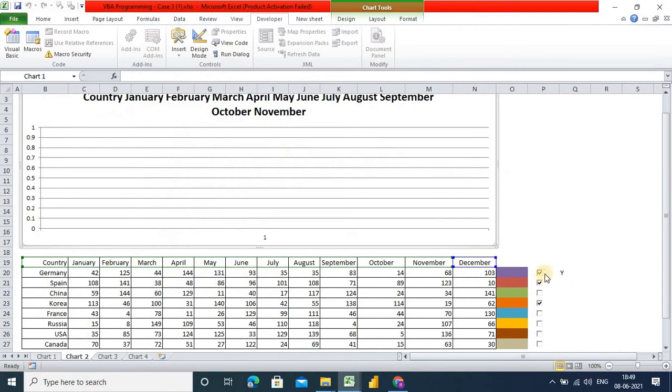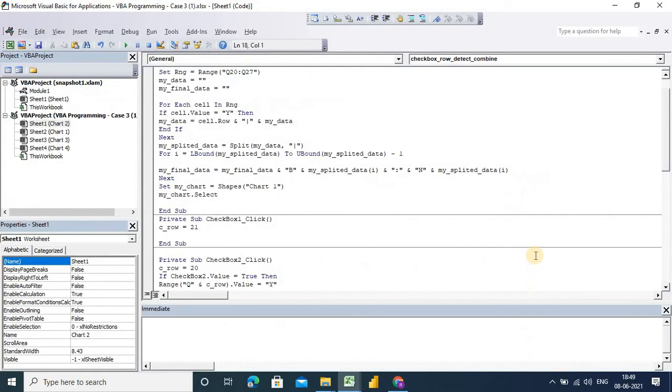Again I am showing because I think you didn't see this message properly. You can see my chart is selected. Okay, I am showing you this one again. Now I will simply apply active chart dot source data. Wait, actually I have already written it here.